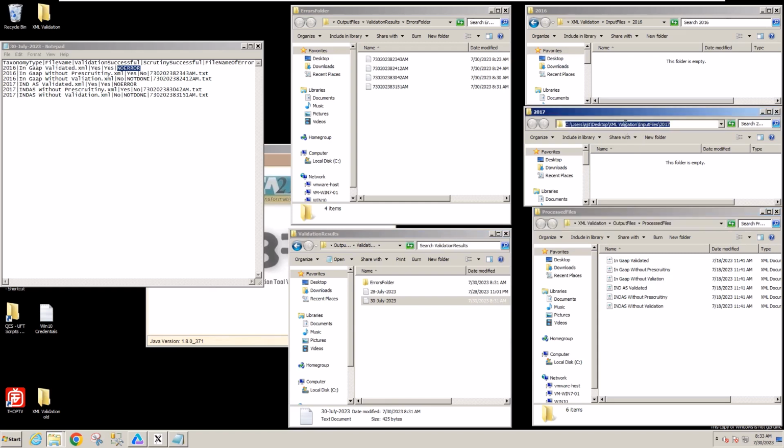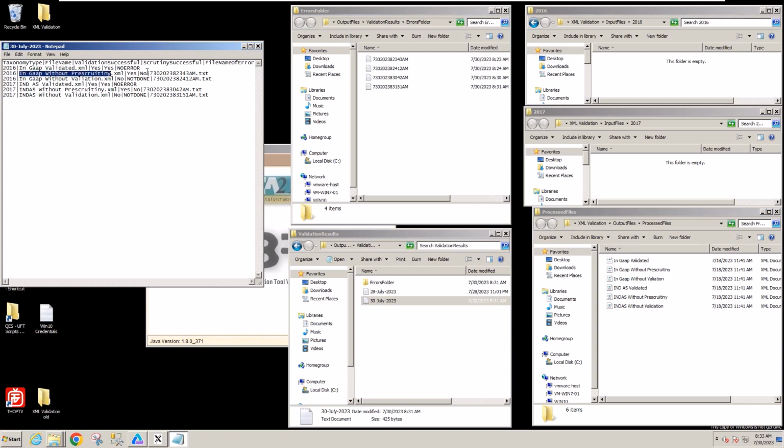The input files is the folder where we are saving the files to be processed under different taxonomy folders. So once those two folders got processed, all the files in that folder one by one move to processed files. Now whenever there is an error, coming back to the results, the second file was in gap